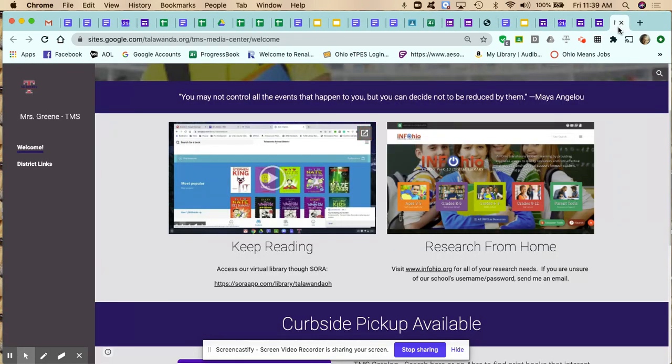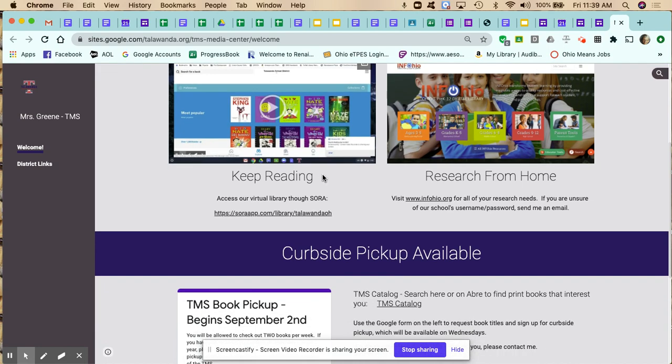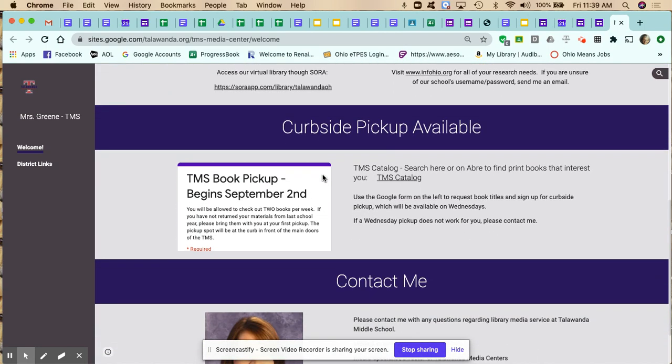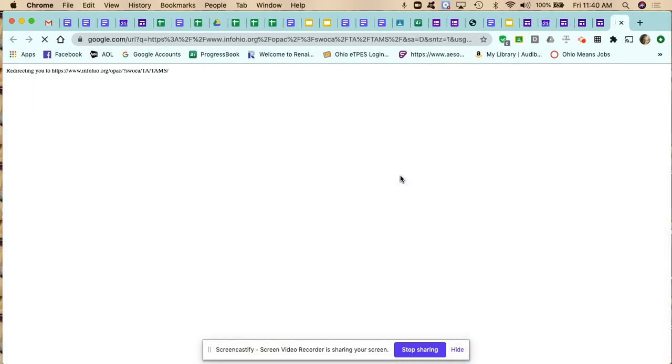Okay, I'm going to go ahead and close out of that tab, and I'm going to go back to the tab for the Media Center. If I scroll down and I actually wish to have a physical book in my possession, you can go to the TMS catalog to search for a book. So if I click there,